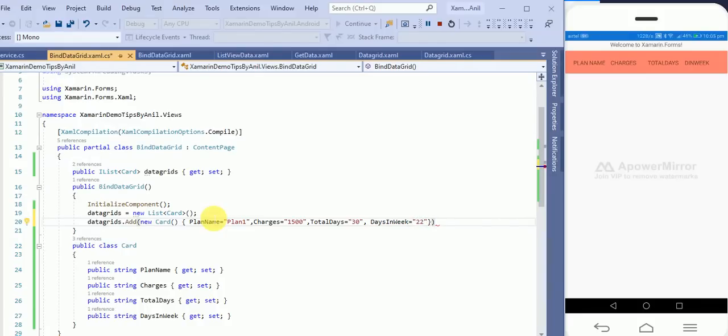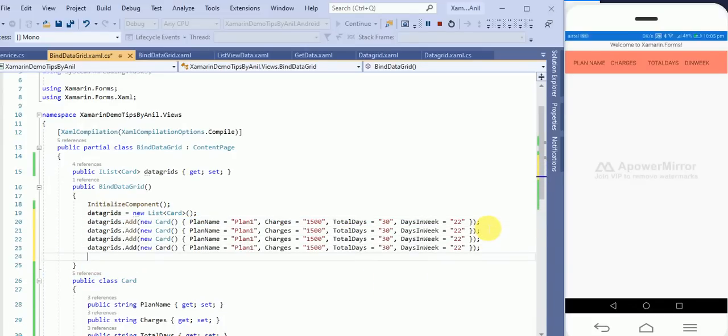Okay, so one row I have already bound. Now again I'll paste over here. So here I'll change the value so that we can get the differentiation. 5, and here I'll again change the value. It will be 3, it will be 45, it will be 55, it will be 65.